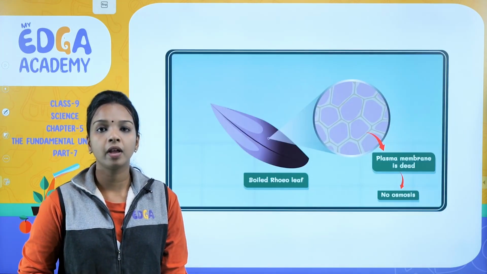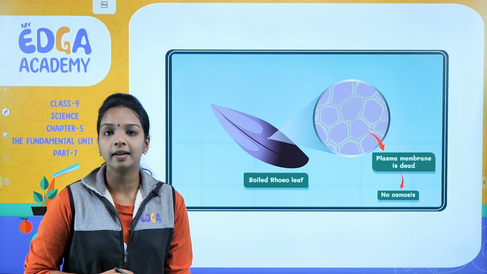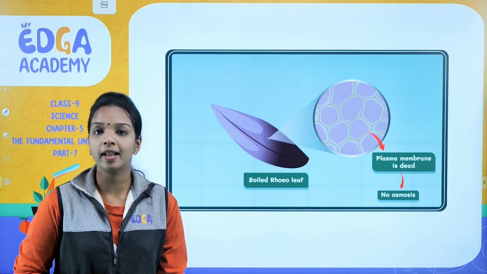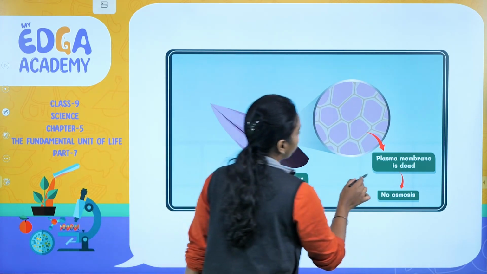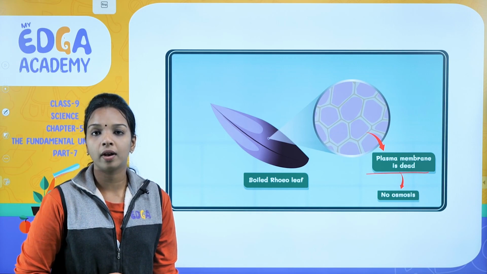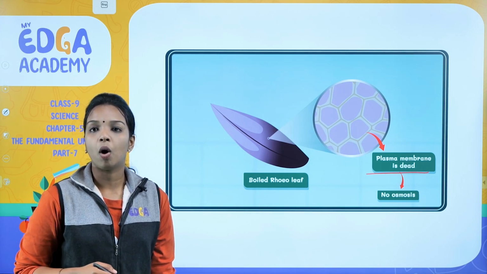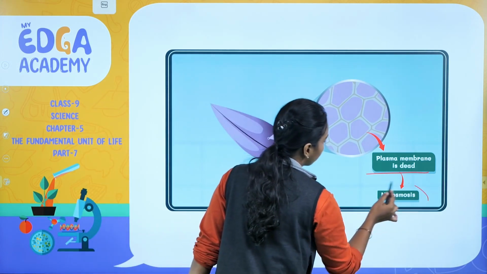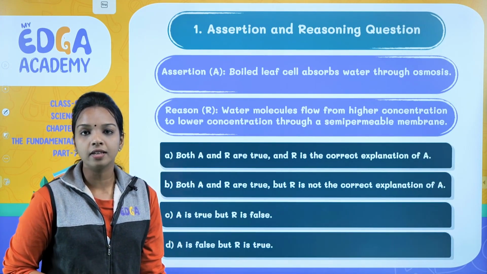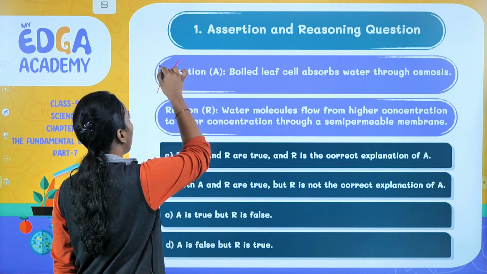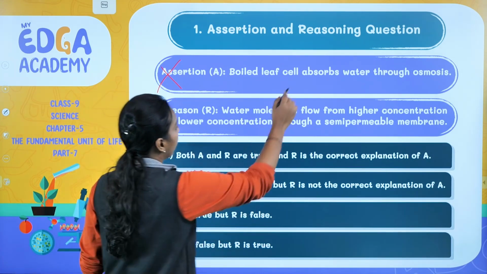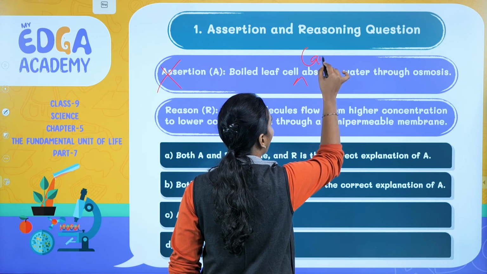membrane. We have already learned that the plasma membrane of boiled Rheo leaf cells is dead, and so there will be no entry or exit of water molecules. Thus, osmosis does not take place. Hence, the given assertion statement is false because boiled leaf cell cannot absorb water through